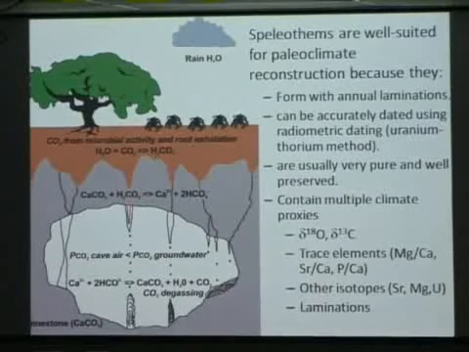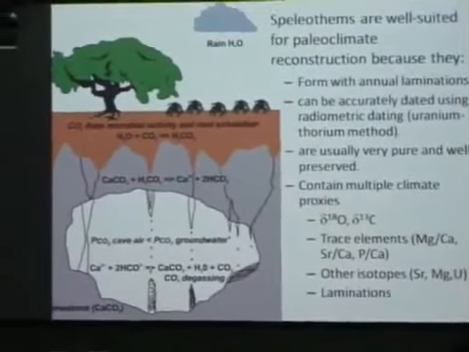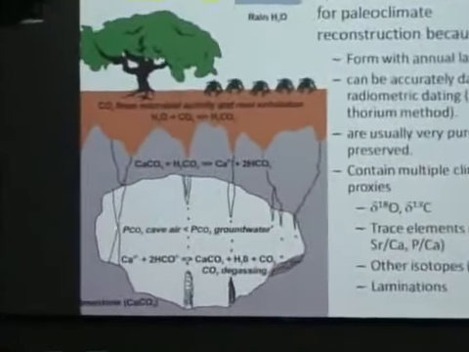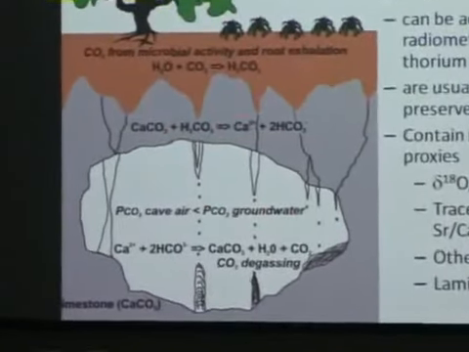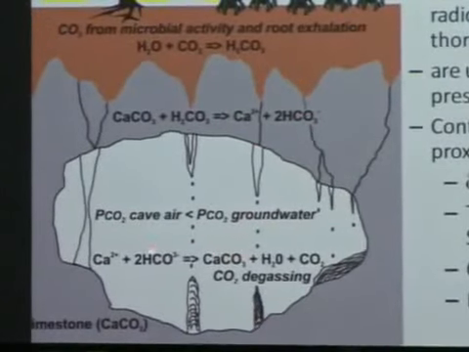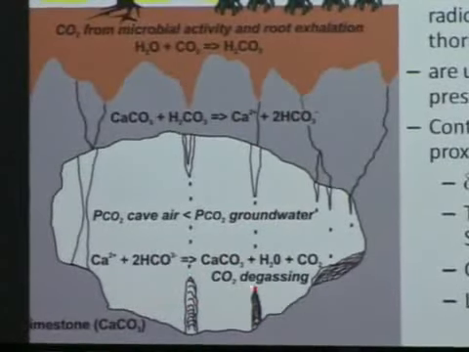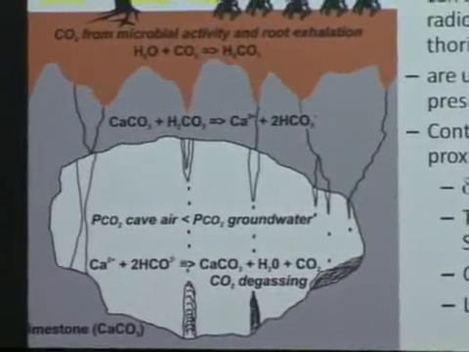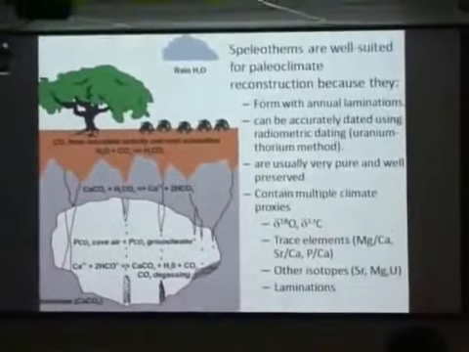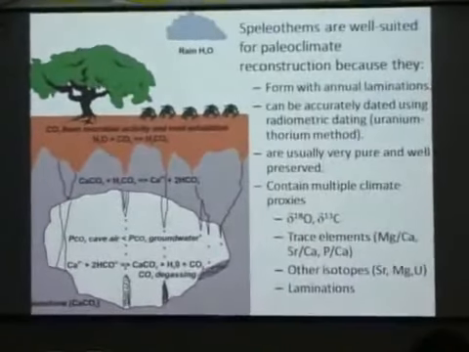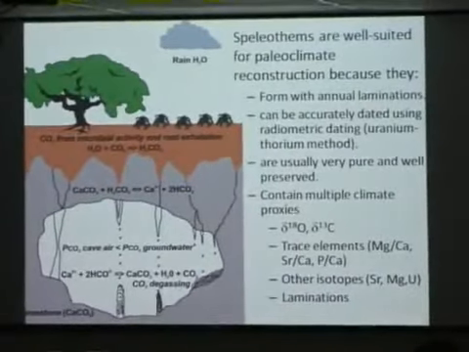And then when that drip water enters a cave atmosphere, CO2 degassing occurs because the PCO2 in the cave air is less than that in the groundwater. And so this dissolution reaction essentially operates in reverse, and you precipitate layers of calcium carbonate. And for paleoclimatology, the samples that we tend to look at are these nicely columnar laminated calcite stalagmites, which are the ones growing up from the floor. And that's primarily because they have the most clear stratigraphy and the most constant growth rates.